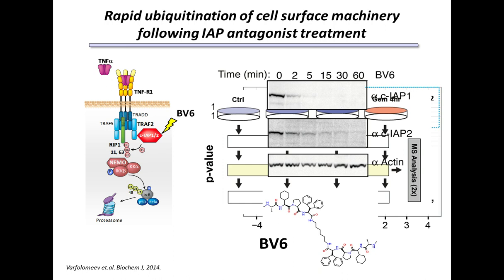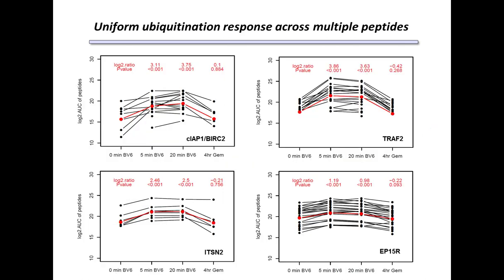One of those was CIAP1, another was its cognate interactor, TRAF2, and the other 3 proteins, EPS15, receptor, and intersectin-2, are all members of the clathrin-mediated endocytosis pathway, a pathway that you might predict to be involved with downregulating or controlling the levels of proteins such as the TNF receptor at the cell surface.